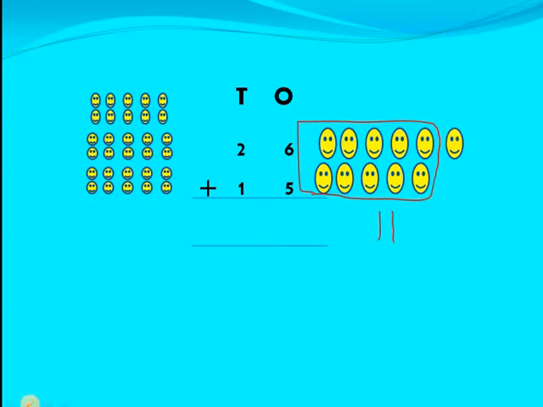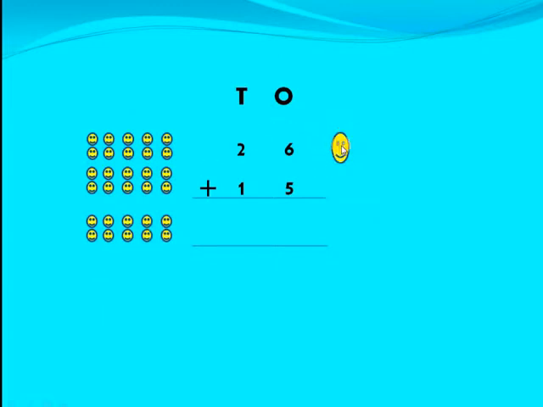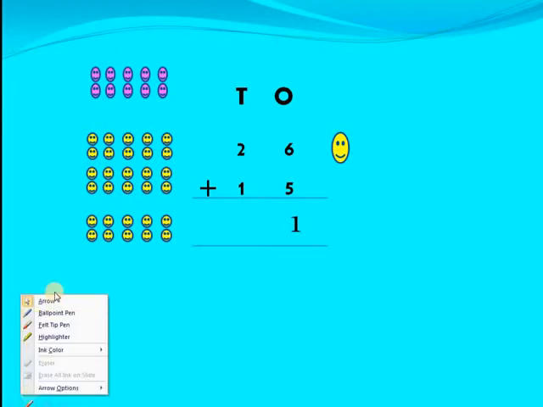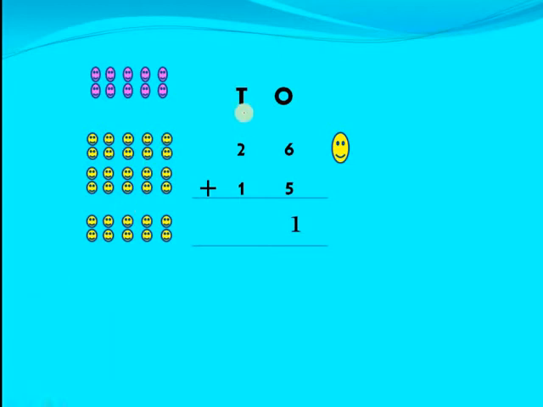So we'll see in the next what is left with us. We have one smiley in ones place. So your answer for ones place is 1. And the group which we have taken from here, 10, is to be brought in tens place. So we have got this one. So we are going to write 1 here in tens place because we have taken one group of 10 from ones place to tens place. So one group, so we are writing 1 and this is to be written here.